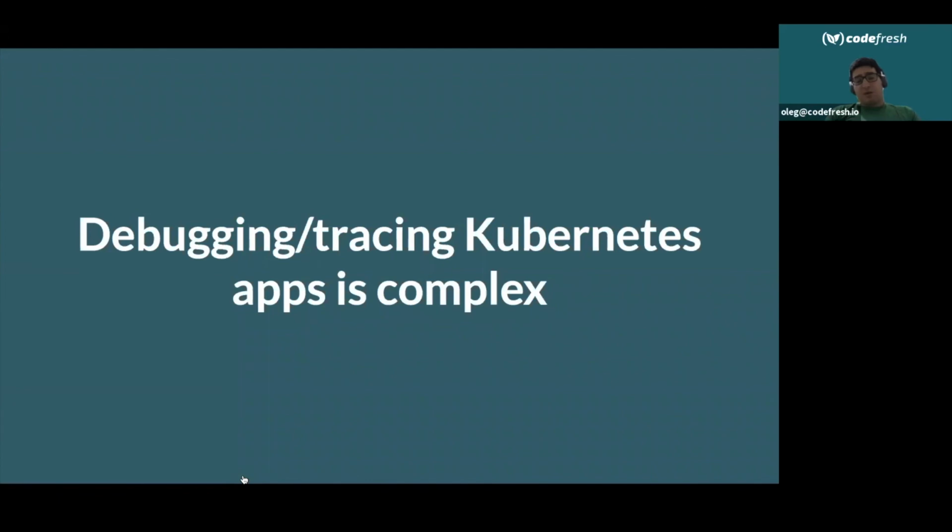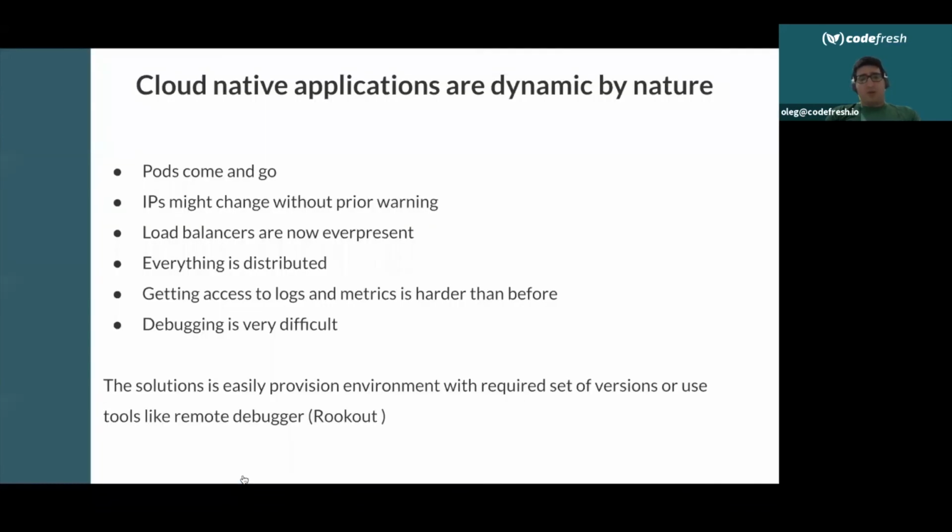And the last, I think that debugging and tracing in Kubernetes is complex, and it's complex because the nature of a cloud native application is dynamic. The pods come and go. IPs may change. There is no definite place where you can find your pod on different machines. Everything is distributed, and in order to successfully be able to reproduce an issue and resolve it